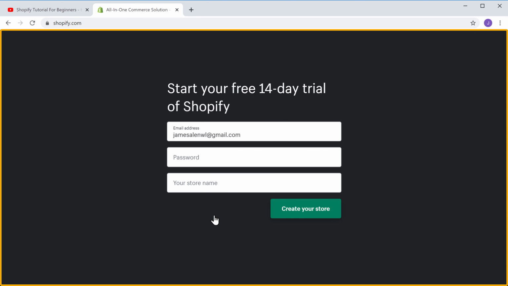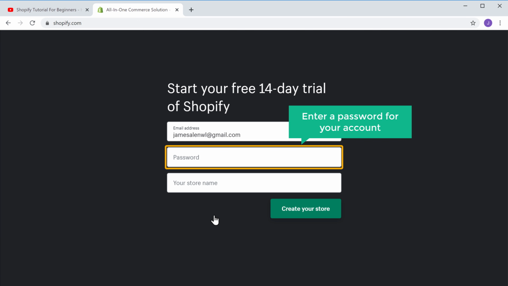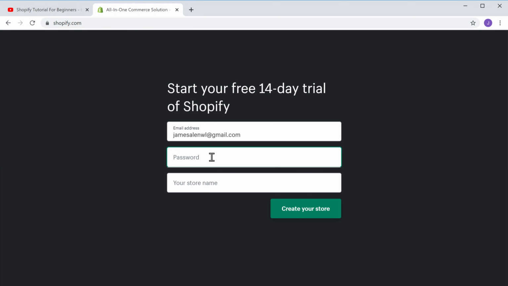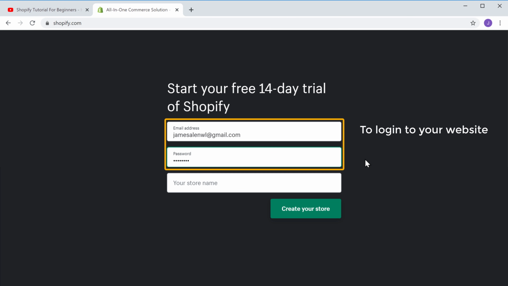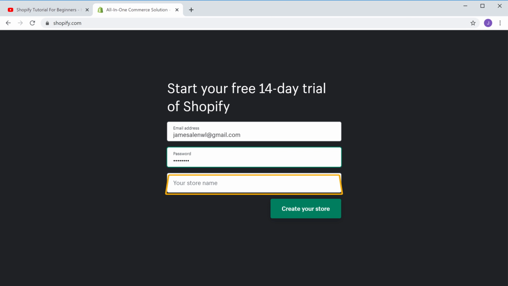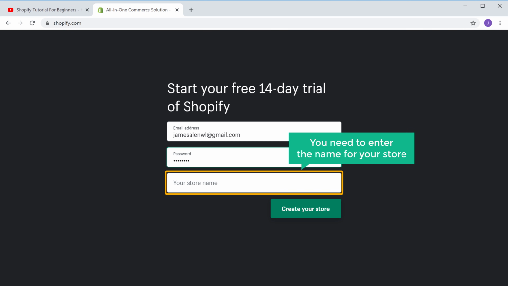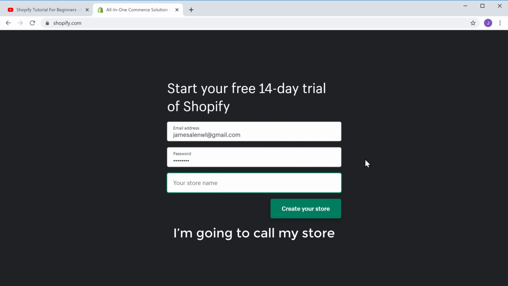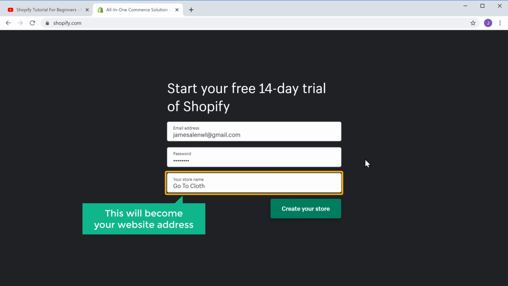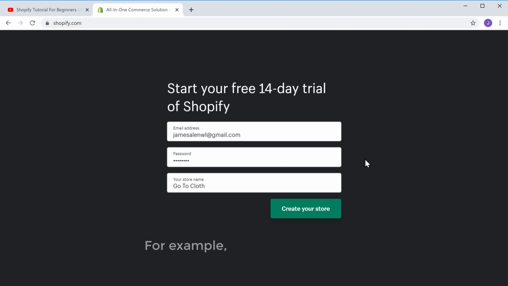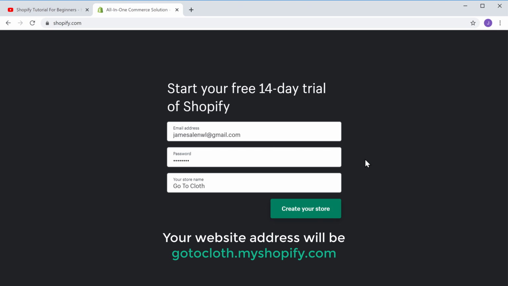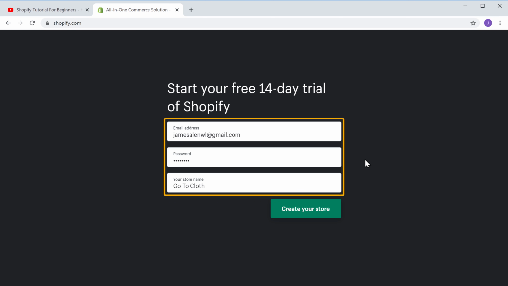and you will get this page. Now enter a password for your account. So you will need this to log in to your website. Now here, you need to enter the name for your store. So I'm going to call my store simpg. Now this will become your website's address. So for example, if you enter simg, your website address will be simg.myshopify.com. Once you've entered these details, click Create Your Store